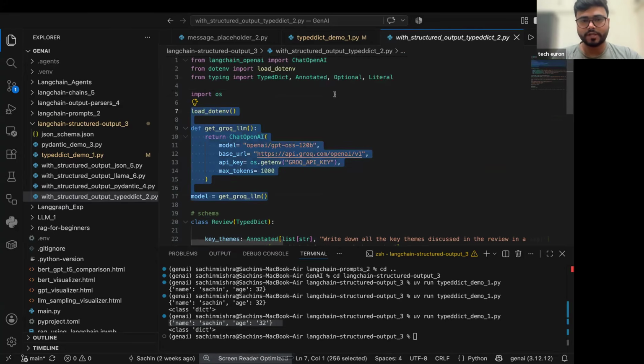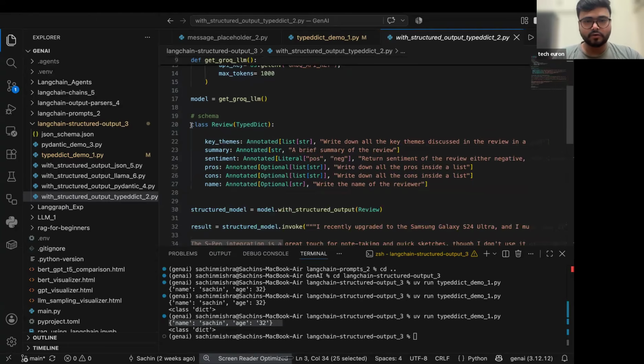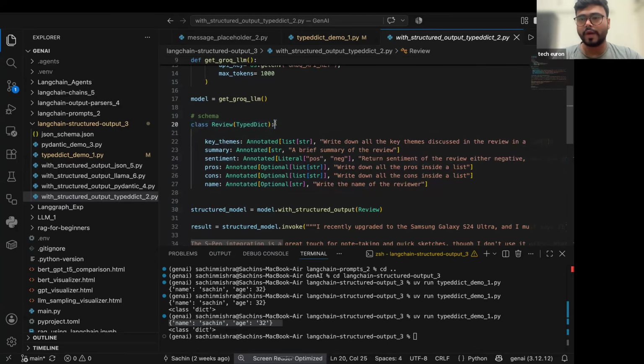Till here you understand the code, and from typing I have imported a lot of things. One is TypedDict, which you now understand. I have imported Annotated, Optional, and Literal as well. We'll understand what this Annotated, Optional, and Literal are. So let's come over here and first define our schema, which we want to extract from the